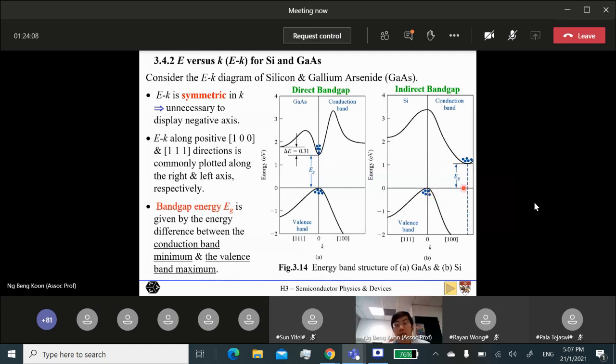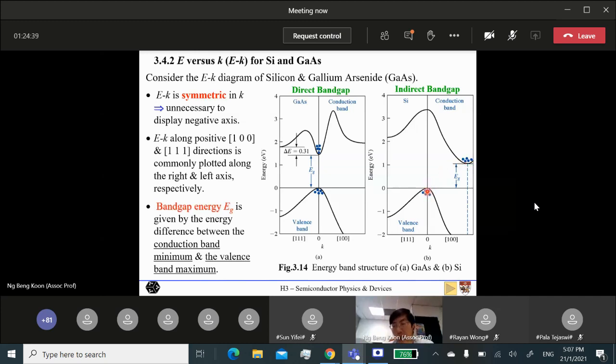If it's different, it means that the momentum changes. And if you want to conserve this momentum, in other words, momentum conserved means that it doesn't change, you must involve some other process that can help to balance this change in momentum. You need an involvement of a process that helps to balance off this change in momentum, this momentum that is now different. And this then makes it a lot harder for an electron to get back down to the valence band and